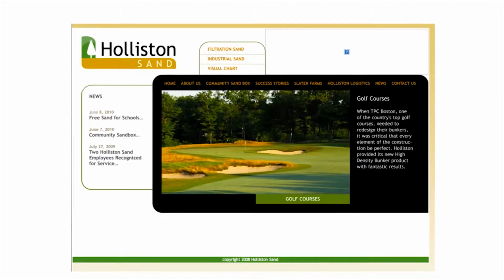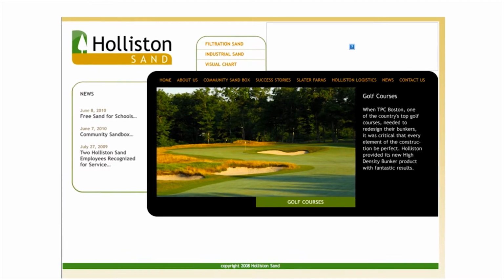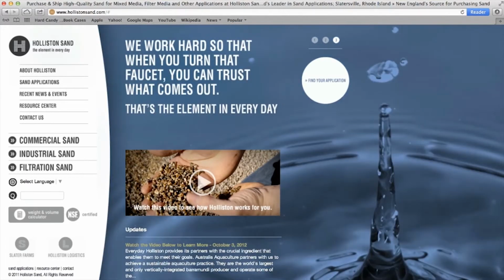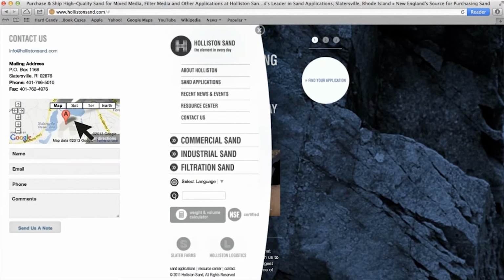Since the branding exploratory, we've got to do some incredible work for them. Of course, rehashing their website from this really bland old site to this fun, dynamic, large-scale site. Getting to write interesting copy like we've been waiting millions of years to bring you an amazing product. And the story really